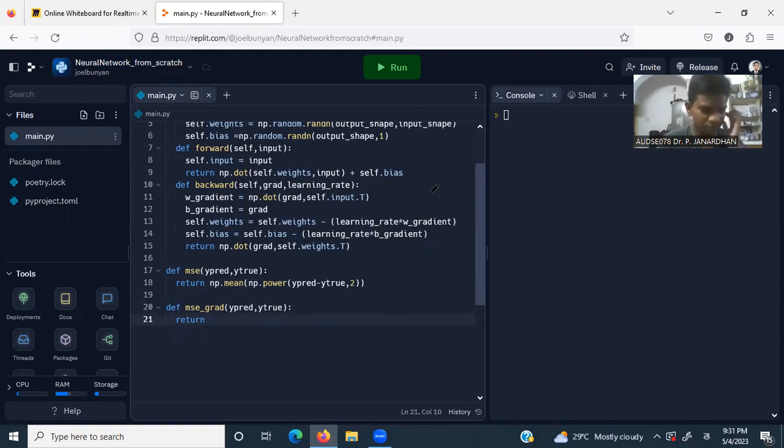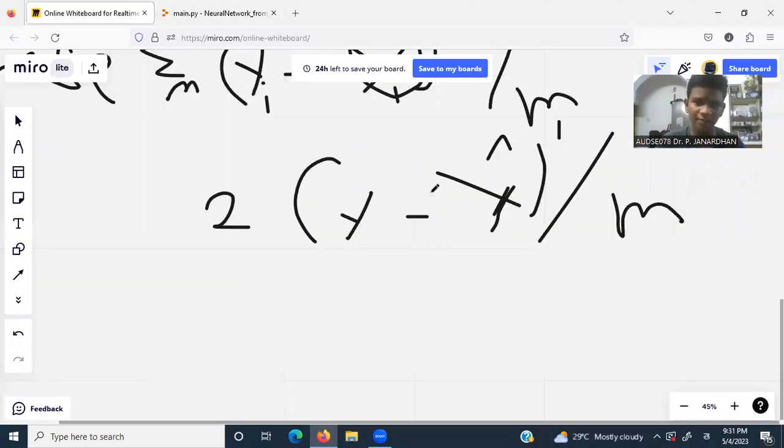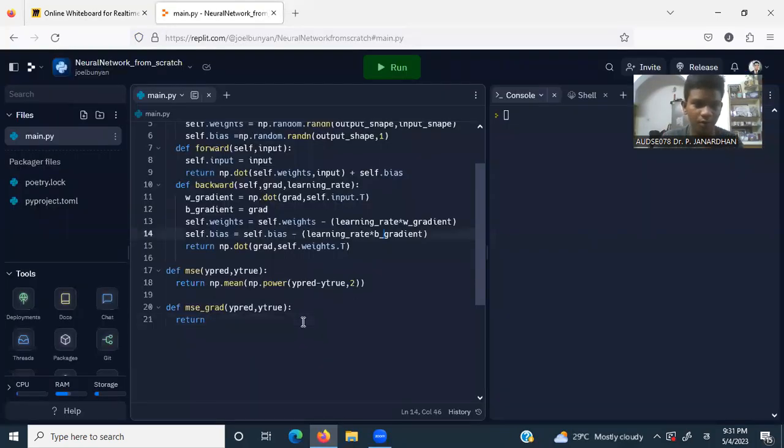As I have talked earlier, it is 2 into y minus y hat, divided by the size, where m is the size of y. So I'm just going to return 2 into y_pred minus y_true, divided by np.size of y_true,